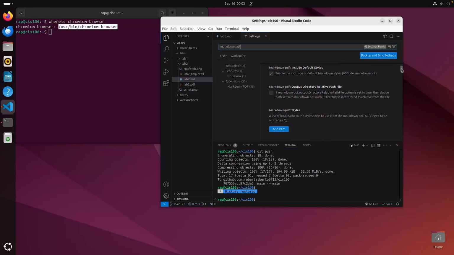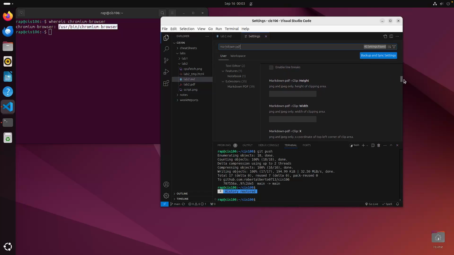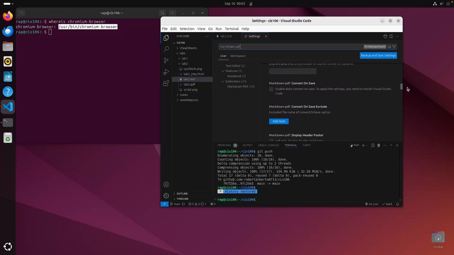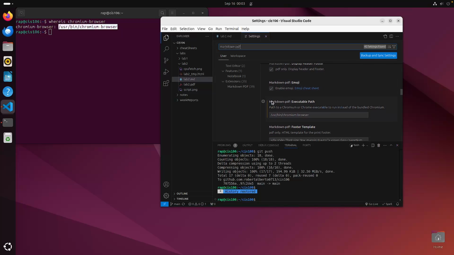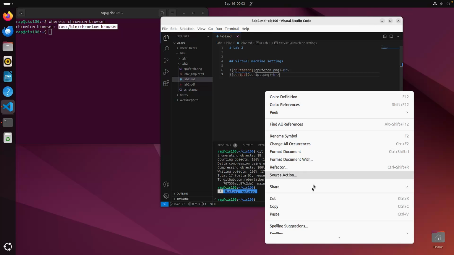Click on copy. Now open settings, and then search for markdown PDF. Scroll down, and you're gonna find something called markdown PDF executable. Let's keep on going right here. Markdown PDF executable path. And here you're gonna paste that Chromium browser file path. Once you do that, you can close the settings, and now you can easily just right click, and let me